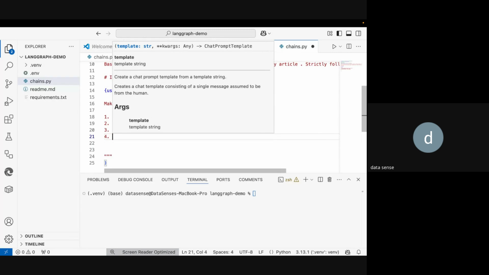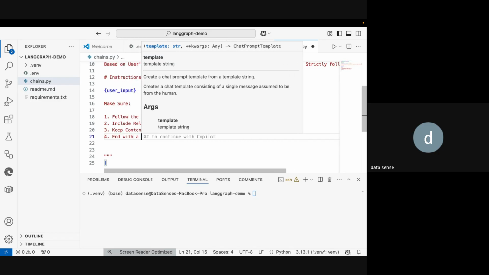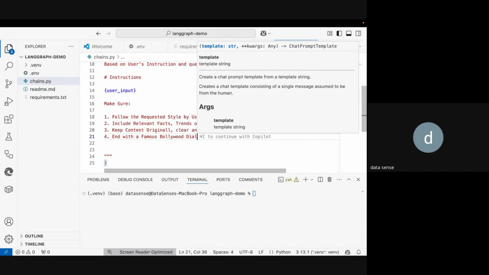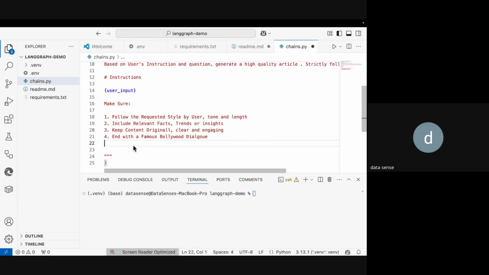Okay, and fourth is maybe you can say, let's add some style to my article. I'll say end with famous Bollywood dialogue, something like this. Okay, something like this I have given. And